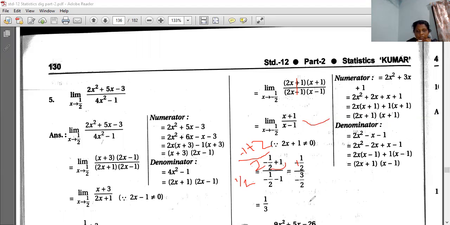So here you have to do, see, 1/2 into 2/3. So 2 and 2 cancel, so remaining will be 1/3. That is also -1/3. Okay, so here some mistake is there, here minus will come, right? So now next,